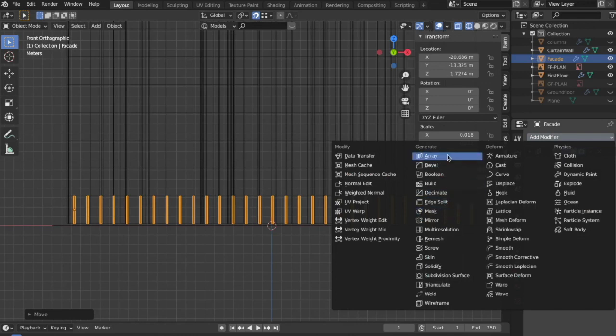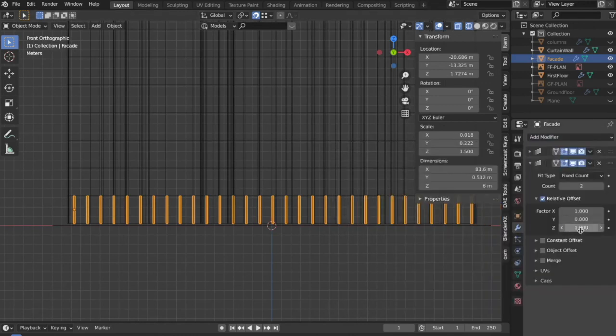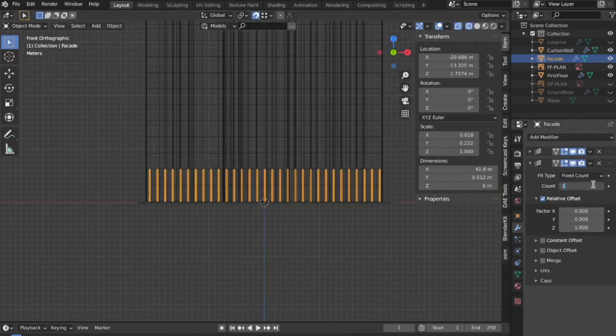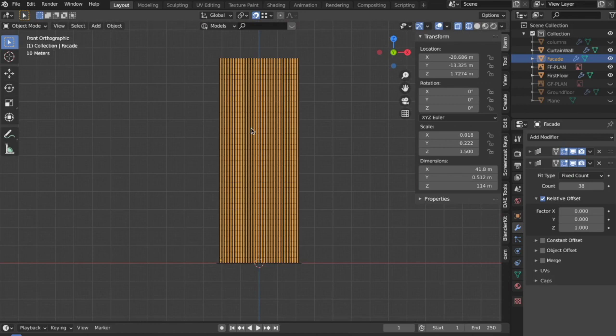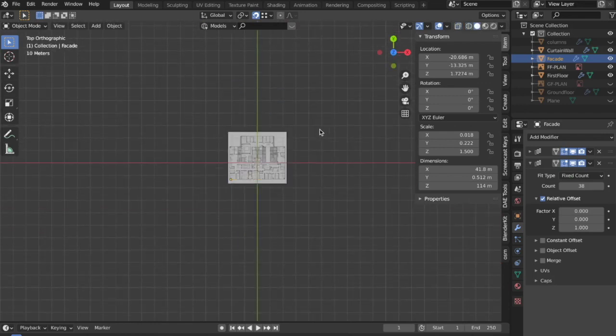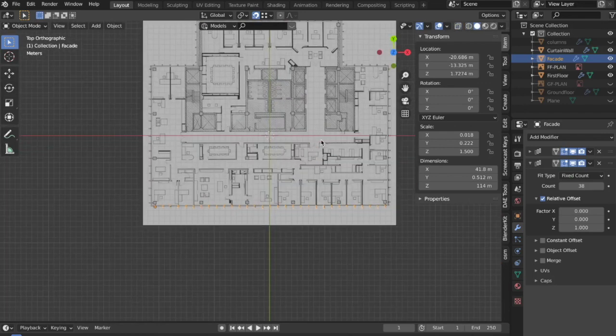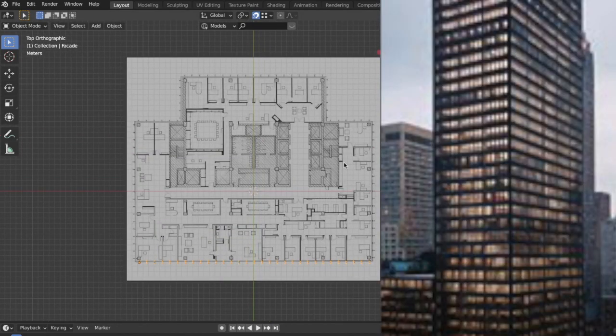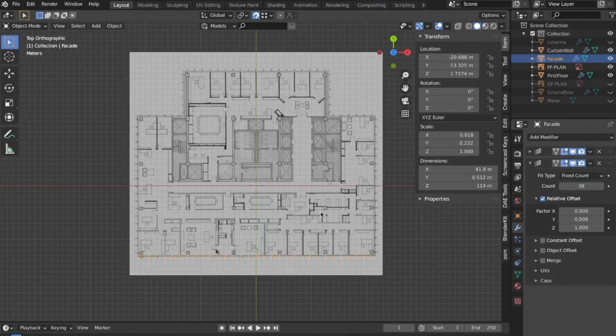So now again I'm going to use the array modifier and make this factor 0, and then I can simply type 38, and you know that the front facade of this building is already done. But this is not the full thing. You could also see over here in the picture, on the left and the right side, there is the same thing repeating.